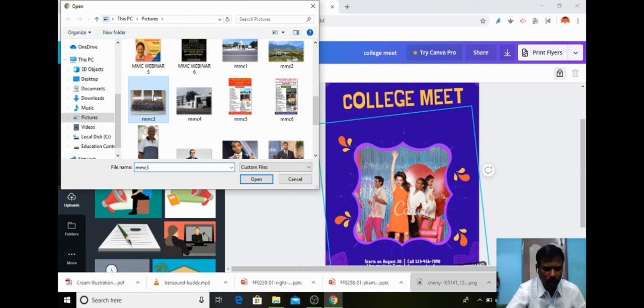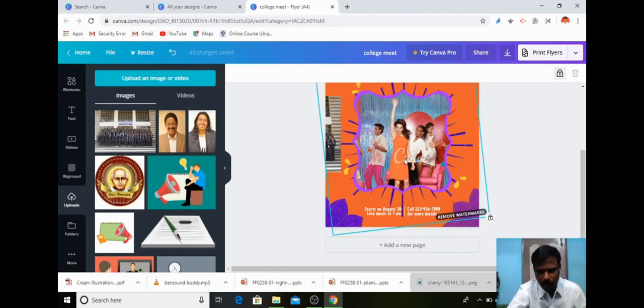So here each design element is separated. We can change and modify the placement. If you don't need this background color, you can change the color also, and you can edit it. For example, if I don't need this image, I can select and delete it.